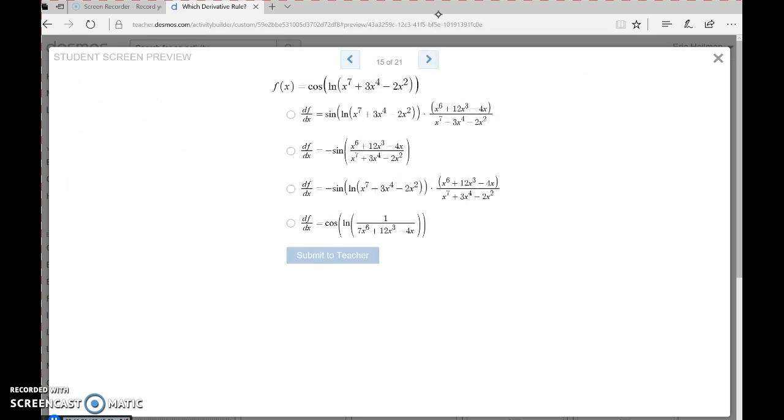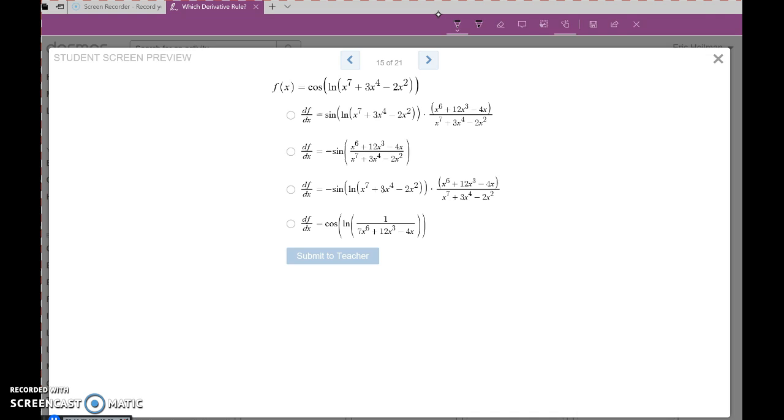Okay, this one looks fun. So here we are going to use the chain rule twice. We have a function and a function and a function. It's like a turducken of functions. So the outermost function is cosine, and then the second function is natural log, and then the innermost function is x to the 7th plus 3x to the 4th minus 2x squared, yada, yada, yada. So